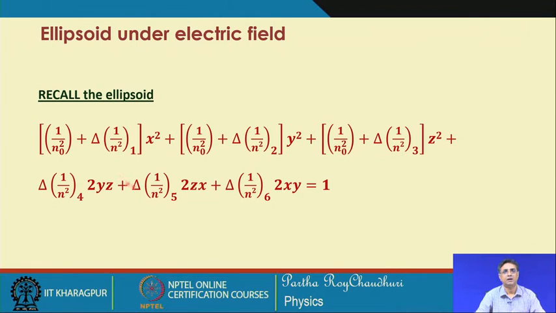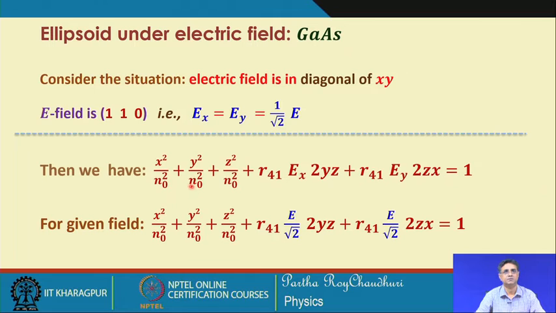This is after the field has been applied, so this is the new refractive index system. We will have to use the appropriate electric field configuration to reduce it to the principal axis system. So, when you apply this electric field along 110, that is E x, E y with a factor of 1 over root 2, then we have